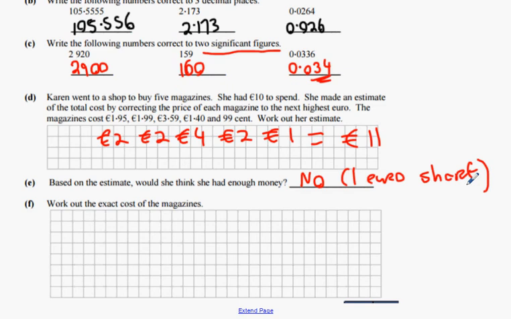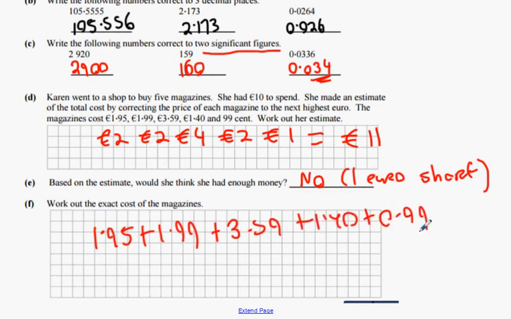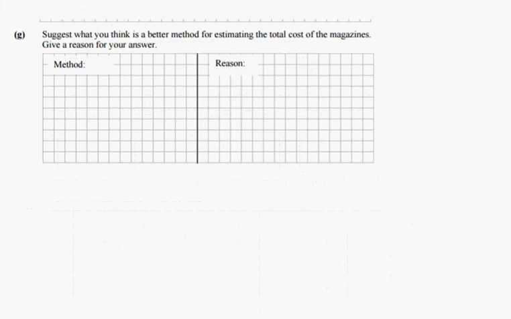Hasn't got enough money. Work out the exact cost of the magazines. So just add them all together. And what happens when you add them all together? 992. You're just going to add them all together, use the calculator, and you get 992. Everybody more or less got that one out, did you? Okay. Now,